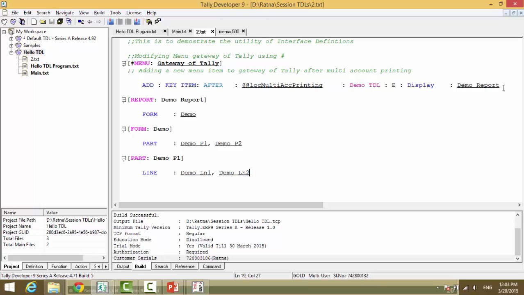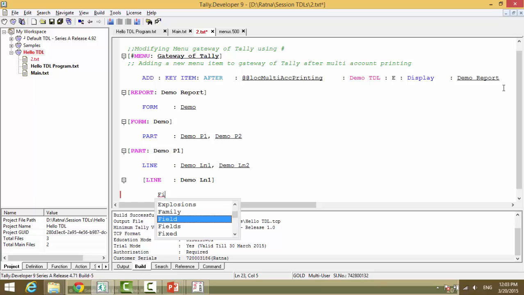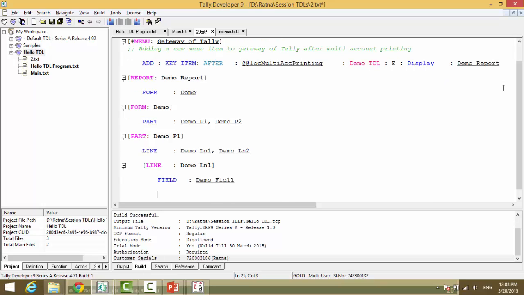So these are comma separated single list attributes. Now line definition demo ln1 contains field demo fld1, and the field will contain a set as